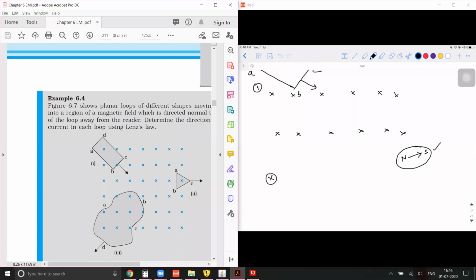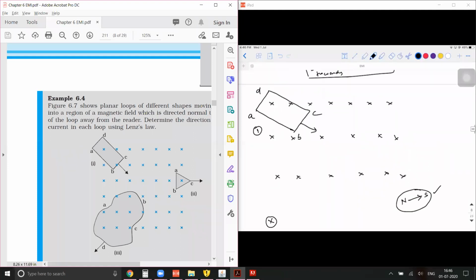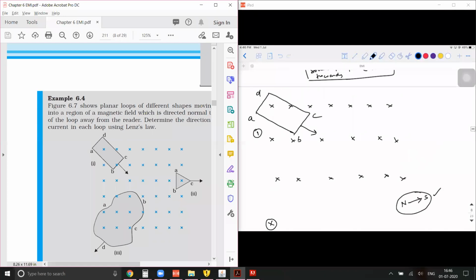So when you solve this problem, first you have to imagine yourself like a magnet. Since in this case the magnetic field is into the plane of the paper, will you behave like a north pole or like a south pole? North pole. You will behave like a north pole because you are giving the magnetic field towards the paper. South pole will receive it. So who is giving the field? It is us. So when you are facing the paper, you are behaving like north pole. So first question answered, you are north pole.